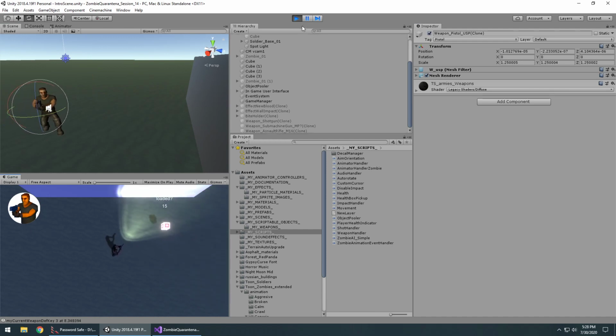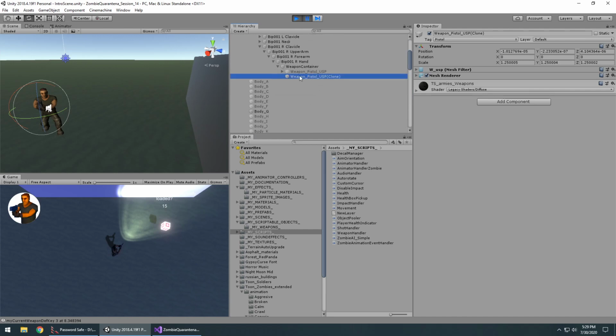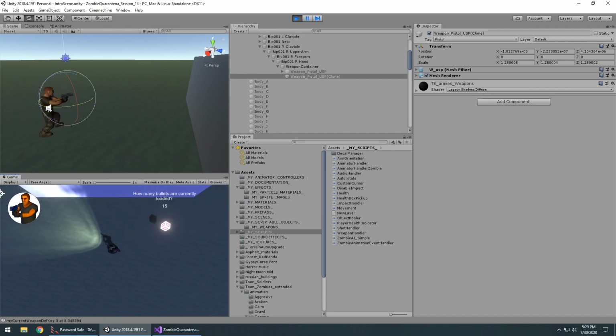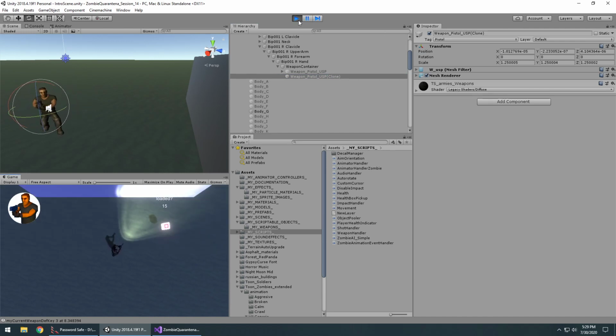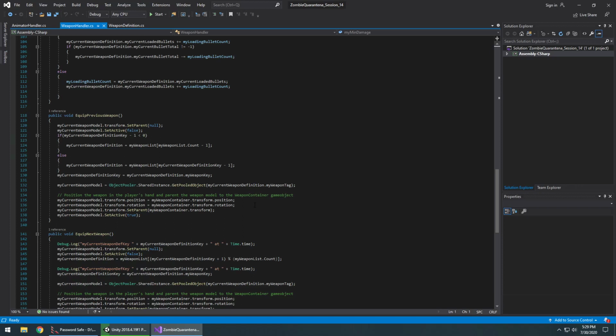Now if I pause it and say, "Hey, where's that pistol clone?" It's actually in my character, attached to his hands down here in the weapon. You see it says USP clone. This is not the one we had built in before; we deactivated that when we implemented the system. But it actually moved the clone into my character and made the weapon container the parent, so that it's in the right place, and it will move around as I move around my player. Anyway, so when